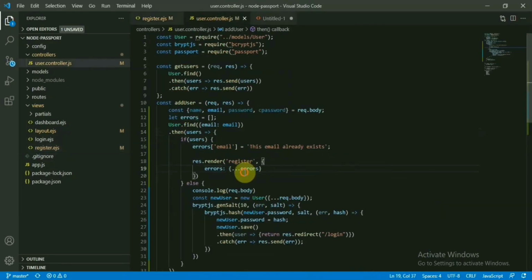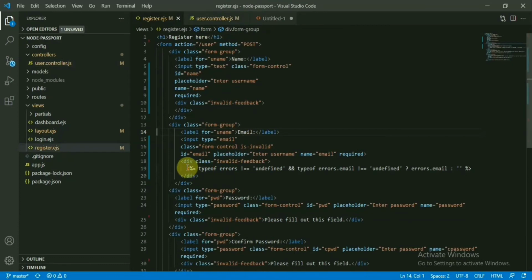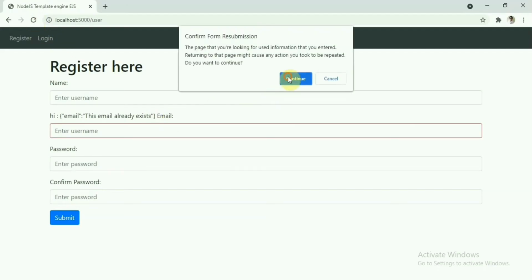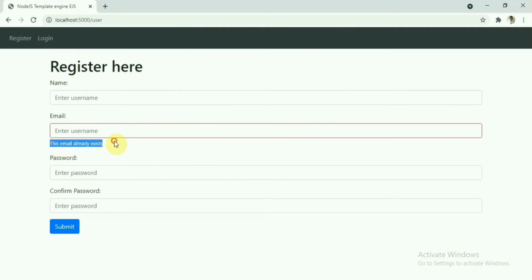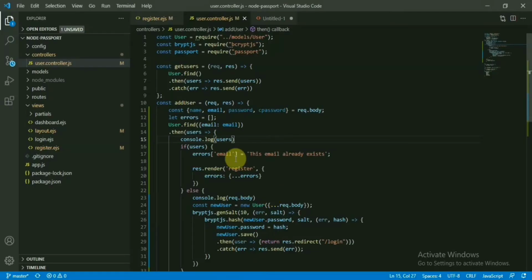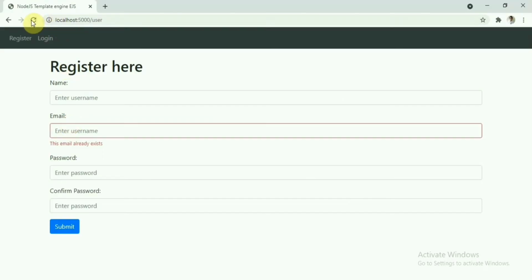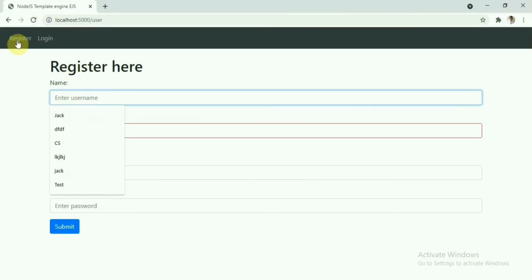So let's check this one, whether this message has been shown or not. In the JS file, I had to change this one to use the spread operator to access the error messages in the EJS file. So after this one, we can simply use error.email and we can get the variables. You can see it is showing here already. Here we need to change the if condition. It should be users.length. So it always returns the array, and if its length is blank, only then we can show the message, otherwise this is good to go.